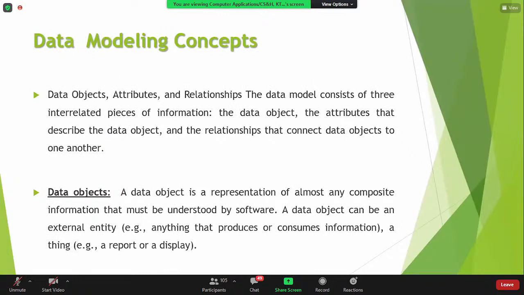Okay, next is data modeling concepts. Data modeling. The concepts behind that are data objects, attributes, relationships. Here the full stop has to come. The data model consists of three interrelated pieces of information: data objects, the attributes,